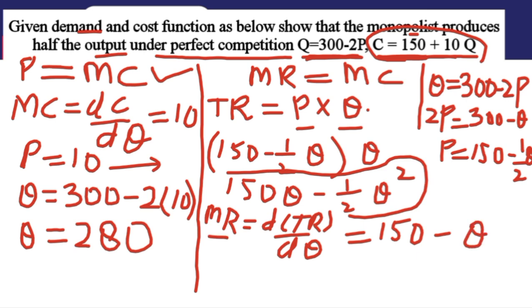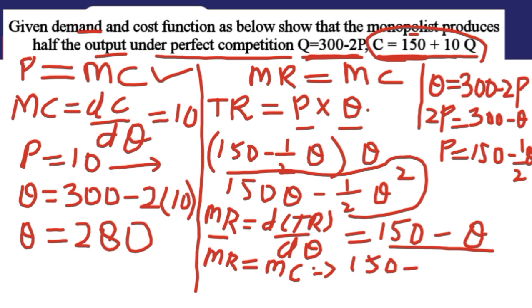Now when we equate marginal revenue with marginal cost, marginal revenue is 150 minus q, and we equate it with the marginal cost which we calculated in perfect competition, which is 10. When we solve for q, q will be equal to 150 minus 10, which is 140. And here we can clearly see that the output produced in monopoly is 140, which is half the output produced in perfect competition, because